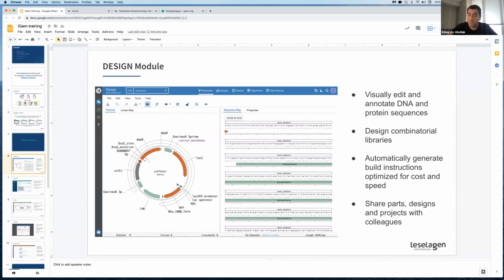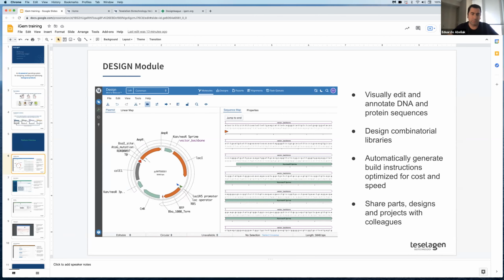Every iGEM team should already have access to an account in Teselagen. We call these accounts a lab. So basically, we have created one lab for each team. Each lab can have 1 or more users, and users within a lab can be set up to be either an admin or a regular user. There are some things that the lab admin can do that regular users cannot, for example, inviting other teammates to the lab, as well as setting up some things that are available under the settings